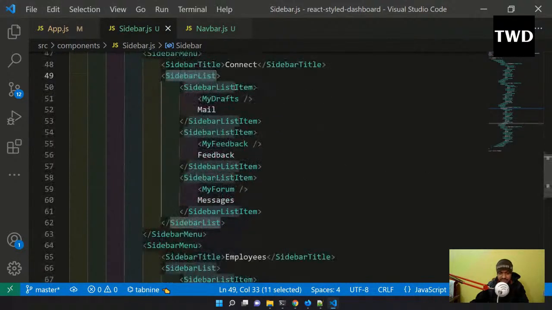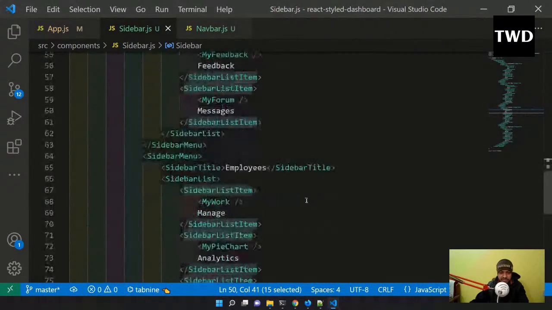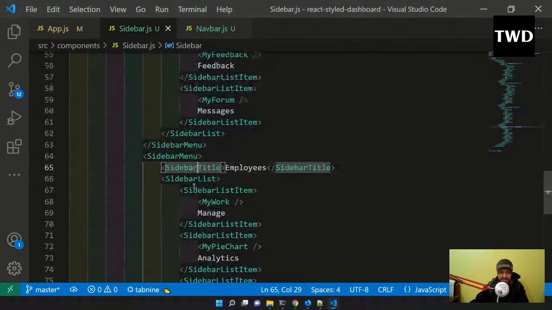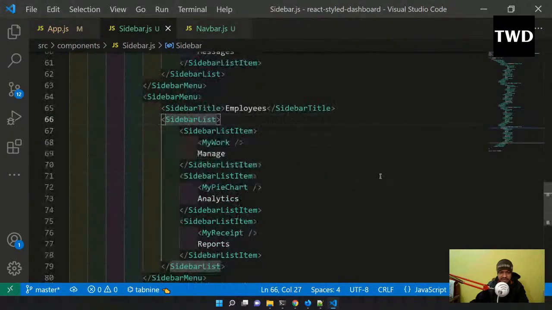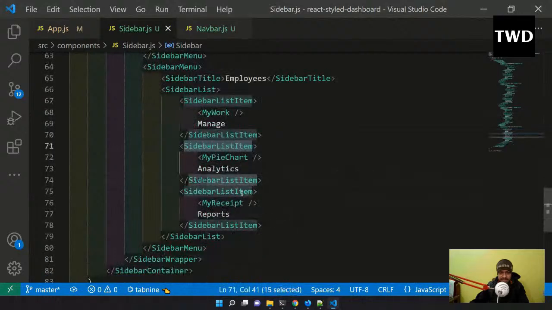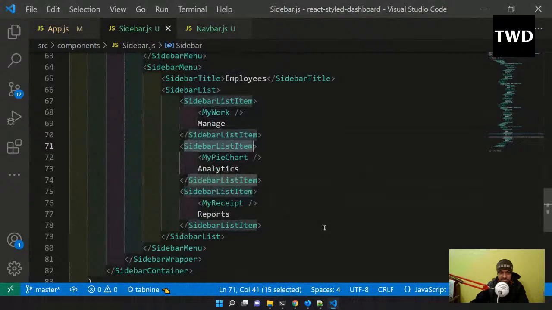I've taken a lot of time on the sidebar. I should have used a map or something, but it's okay. So sidebar list item, I might have used it somewhere else. Sidebar list item, then this my draft, and all these things are there. Then I have sidebar title and sidebar list. I have again sidebar list item, sidebar list item, and again a sidebar list item, report I have. So this is how it is done. Save me. And now I have to do the